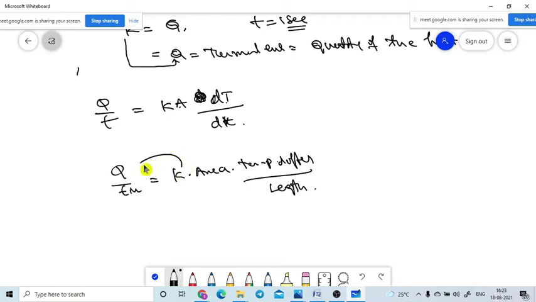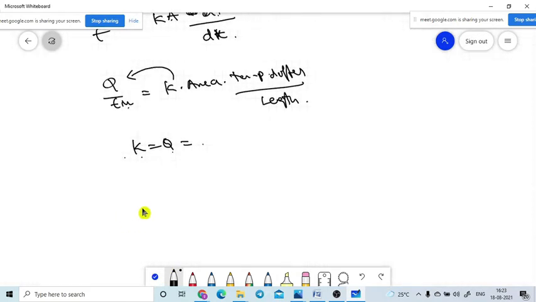Our goal is to define these two. K must be equal to Q. When K must be Q, it means it is the thermal conductivity of the material. Let me write the definition. The thermal conductivity of the material is nothing but the quantity of heat